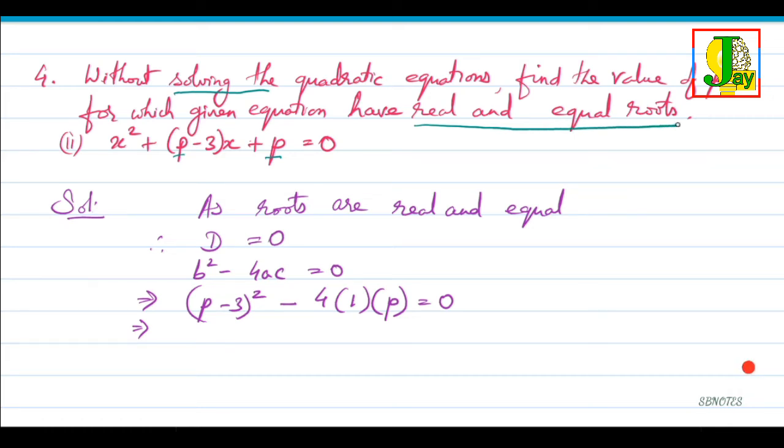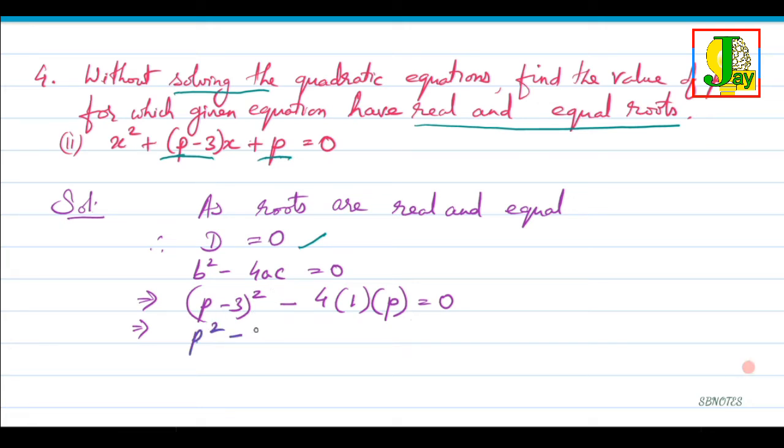So when do we have that? When the discriminant value is equal to 0. So we just need to put the values of b, that's (p minus 3) whole square, 4, a is 1, and c is p. So putting the values, you get